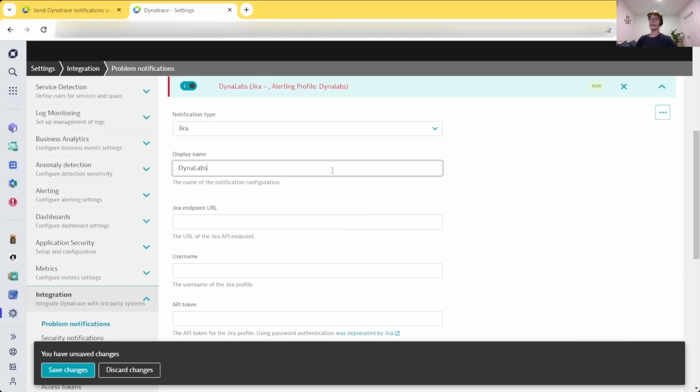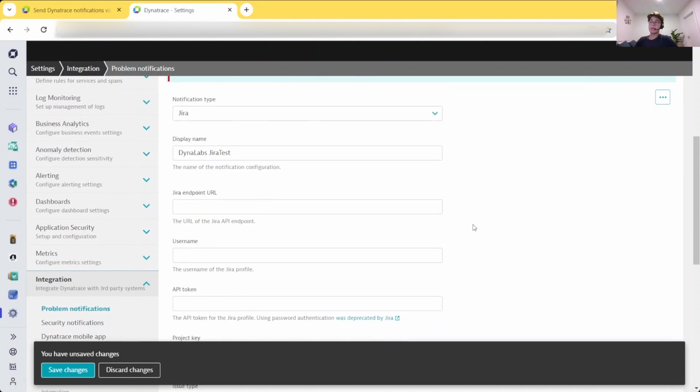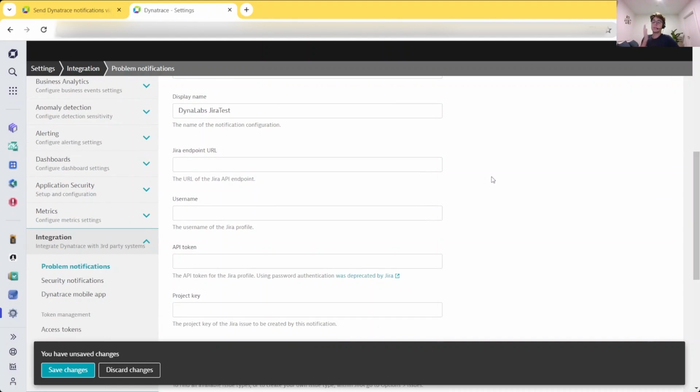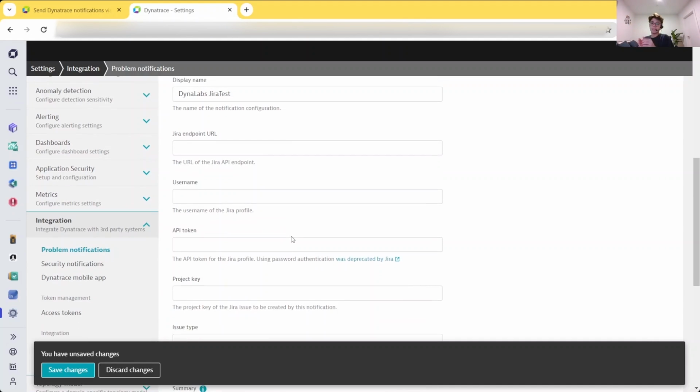Once again, we're going to give it a unique name. So in this case, Dynalabs Jira test. And here, depending on the integration, you will always find relevant information or relevant fields to that technology. Here we're seeing that we're using the Jira endpoint URL, your username, API token. These are things that you can find in this third-party application that you're using. So you only want to add them here, your credentials, so that the information can be linked and sent out. So once you have all of these required,